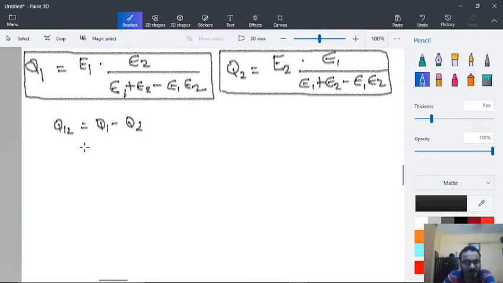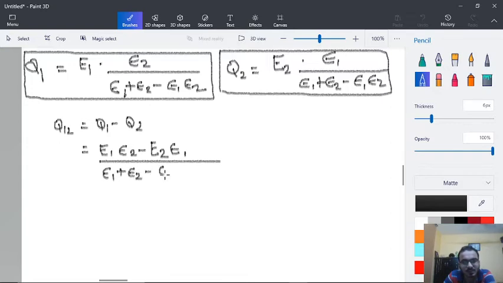So we can directly write down this very quickly, that E1 epsilon 2 minus E2 epsilon 1 divided by epsilon 1 plus epsilon 2 minus epsilon 1 epsilon 2. Now we can utilize the Stefan-Boltzmann law, that is